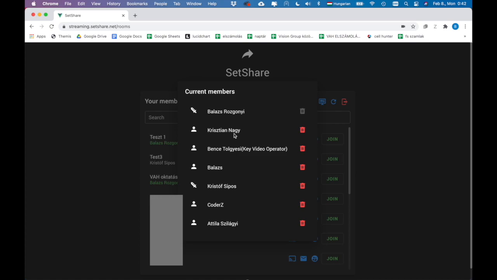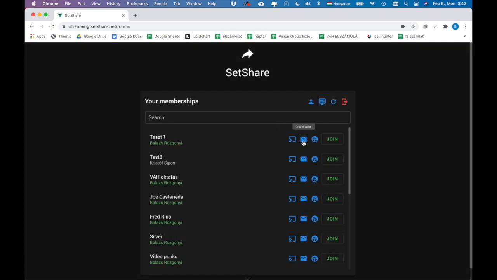You can see the users of the room, and you can see here that those guys, myself and this guy with the sword, that means those are the moderators. So this room has 2 moderators and 5 more clients. With this button I can create an invite, and with this button I can work with the streams. We're going to look into those later. And up here we have one more extra button, which is the Operations Center, which we're going to get into in a different video. So I'm just joining this room,